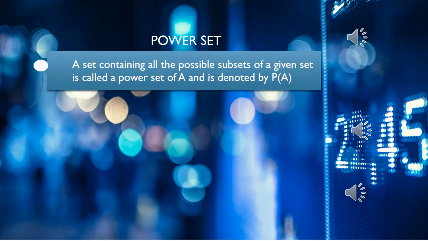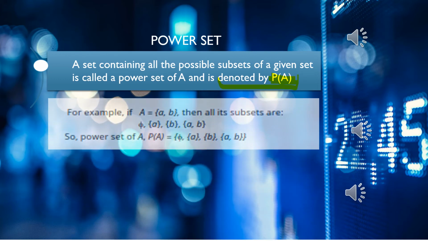Power set. A set containing all the possible subsets of a given set is called a power set of A and it is denoted by P(A). Here is an example of power set of A. How can we find out the power set of A? If A is